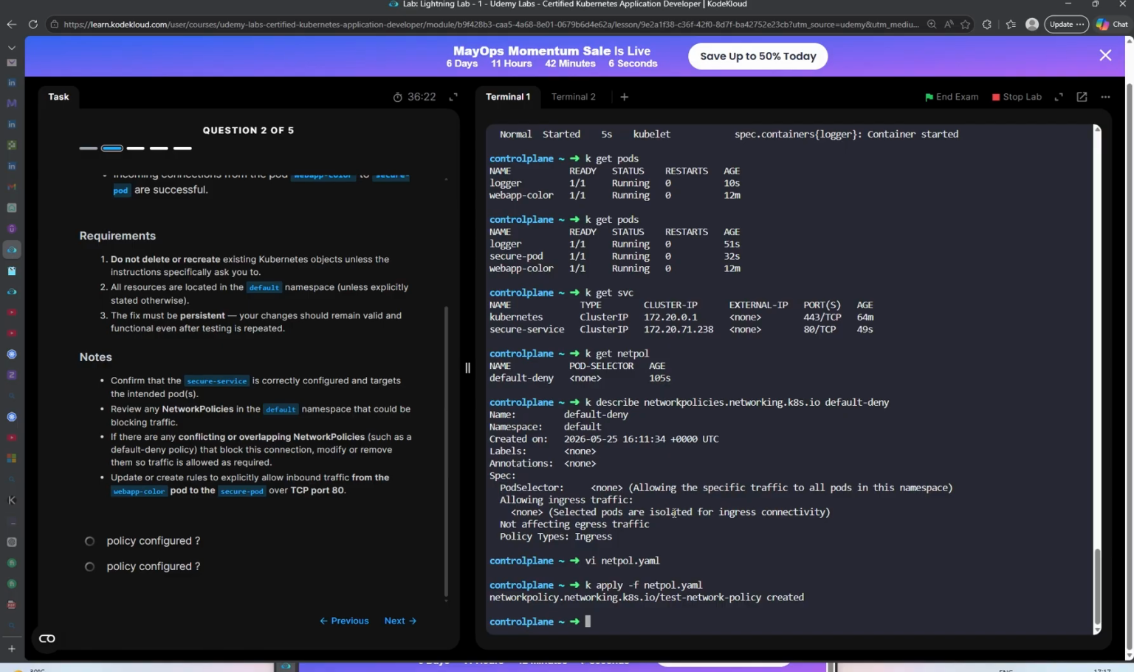Okay, now what I'm going to do is try to test the connection from the web-color pod to the secure port. So to do that, I'm going to say kubectl exec interactive. The pod name is web-color, and the command I'm going to use is the netcat command, nc. I'm going to say verbose. I'm going to ask it to not send any data. I'm going to say the timeout is going to be 5 seconds, and I'm going to specify the name of the service, which is secure-service,